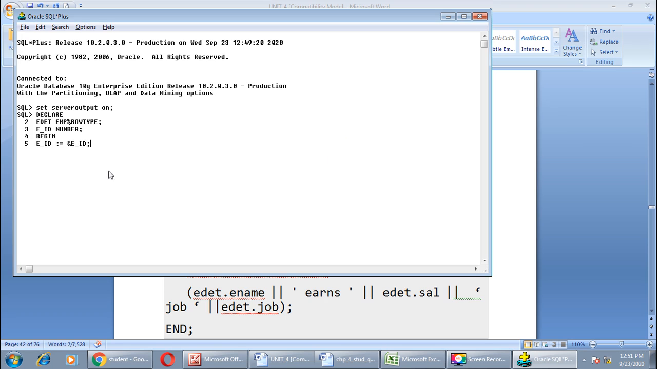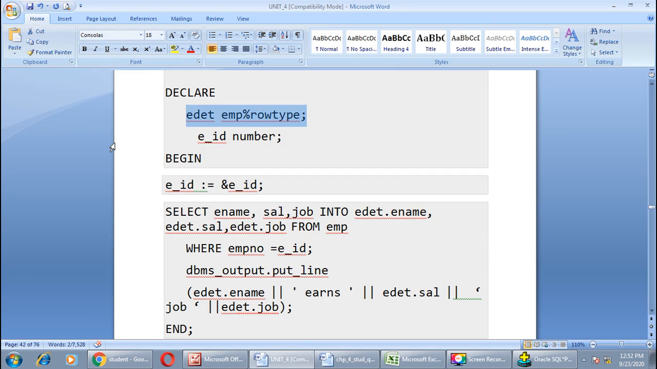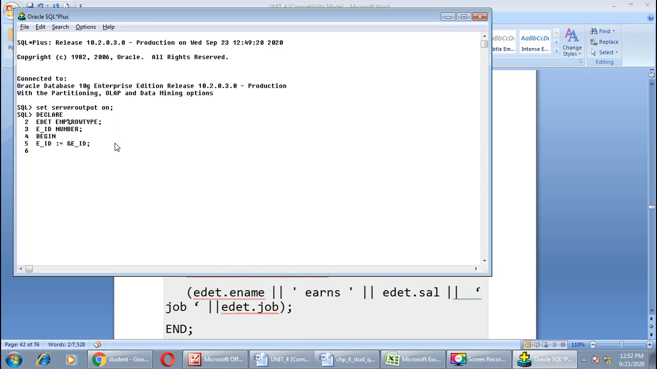Observe the assignment operator I have used, colon and then equals to. If you want to assign something to your variable, then you must use this symbol for assignment, colon and then equals to, without leaving space between these two characters. Next we will execute the select query. Select into, select